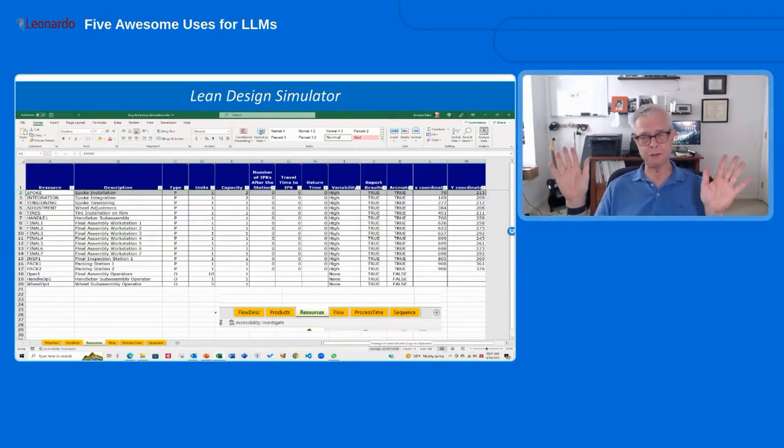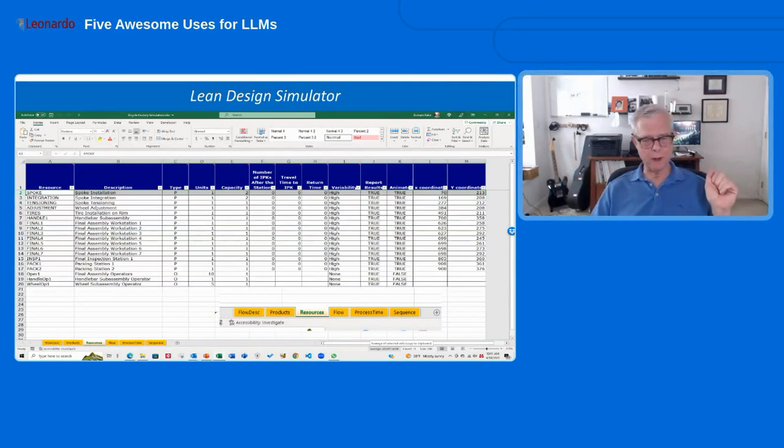Same issue, exactly. So we have a simulator that uses Excel as the data inputs, right? You build the model in Excel, and as long as you know kind of what goes in each column, it's pretty straightforward, and then you execute the model in a kind of a black box.